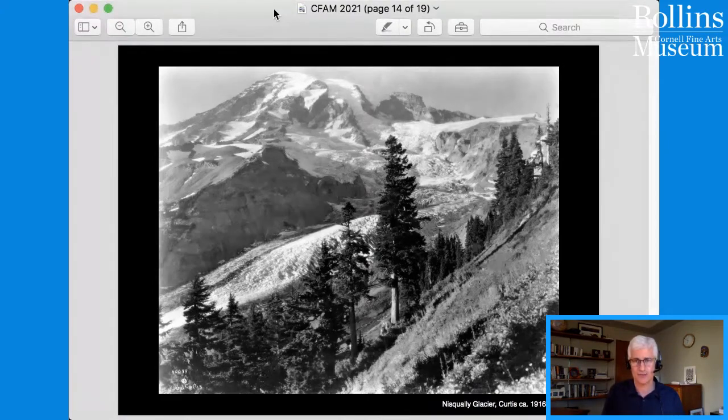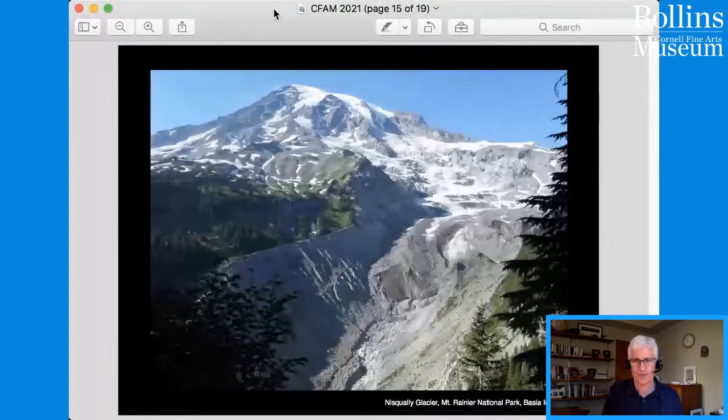Here's the same location today. You can see right in the center of the photograph, the dark zone in the center is actually the Glacier Terminus. It's very dark because as the ice melts back, there's lots of dark rock and sediment that is exposed. And this glacier has moved about 1.5 miles upslope since the early 1900s. And so, major changes underway here.